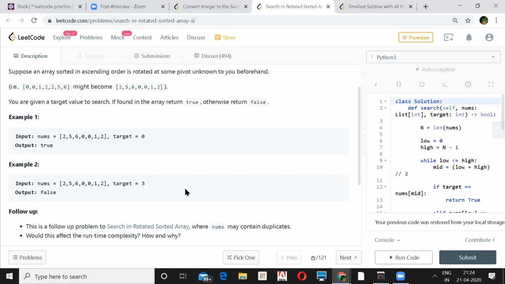Okay. Yeah, that's a good point. You're right. Binary search will take log n, not n log n. Yeah, it will take log n, but then again, you'll have to go and search in one of the sorted arrays.